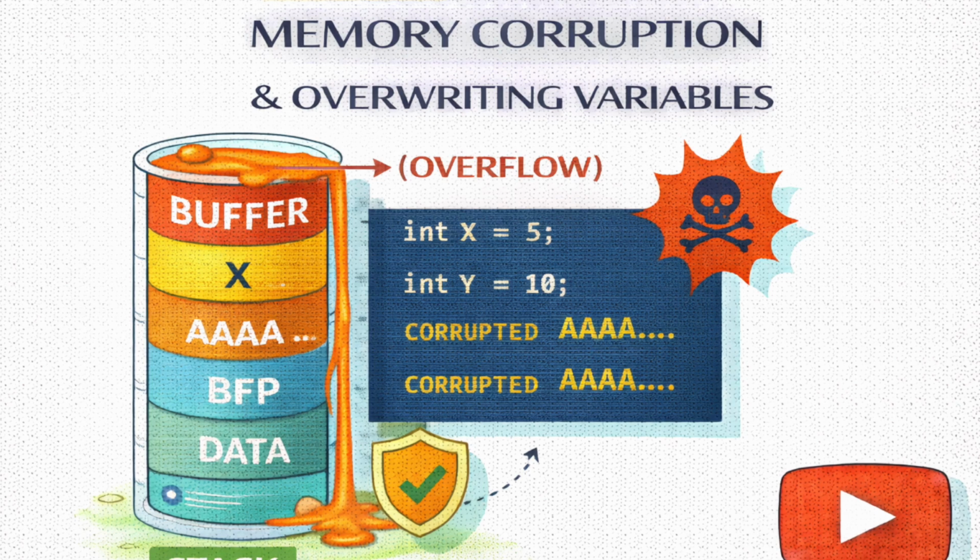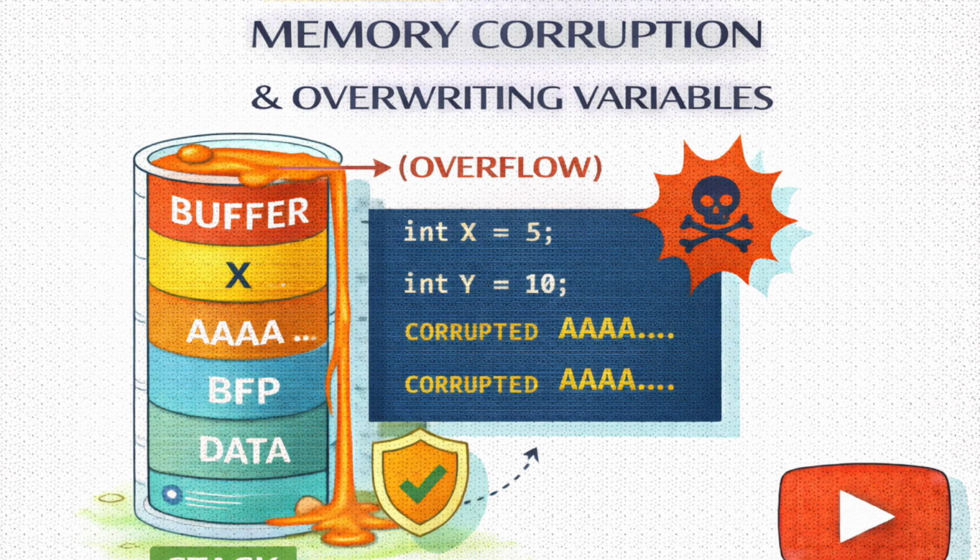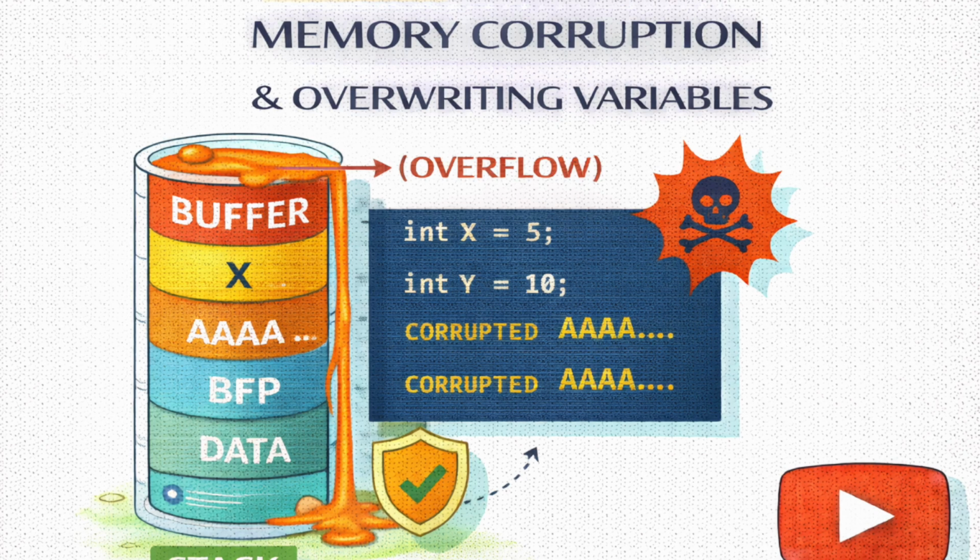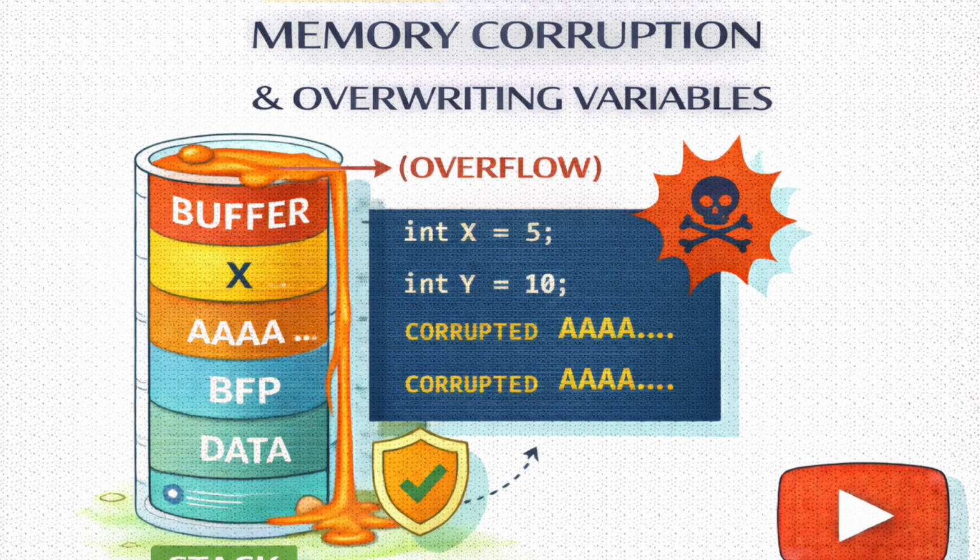It is. But for this specific deep dive, based on the notes we have, we're going to zoom in on the I in CIA. Integrity. In the real world, integrity means doing the right thing when no one is looking. What does it mean for a computer program? It means the data is trustworthy. If a variable says user is admin, false, then that data hasn't been tampered with. It reflects reality. And we're going to see how a Stack Overflow lets you overwrite variables with whatever data you want. You're changing the program's reality from the inside out.